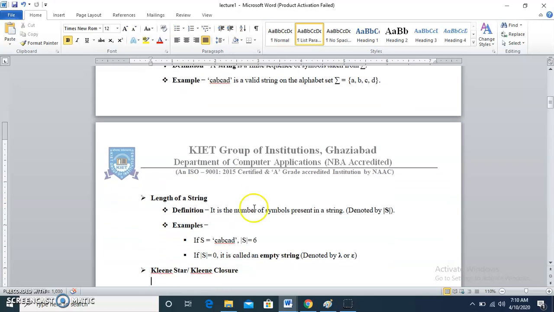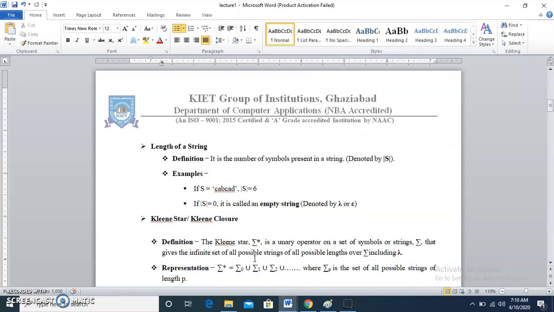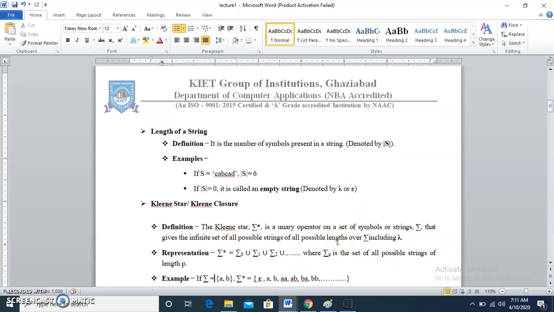And the length is always represented by these symbols. We have to put these two lines. That's a mod symbol. And the length of this one is 6. We can also have a string whose length is 0. And a 0 length string is known as the empty string, or we can say that it's a null string. And the null string is represented with the help of epsilon. Now, next